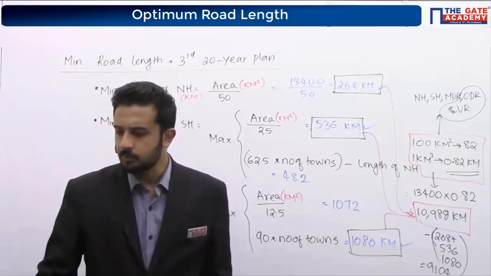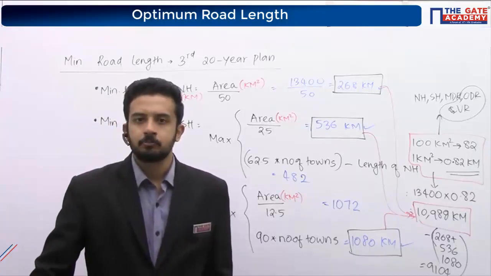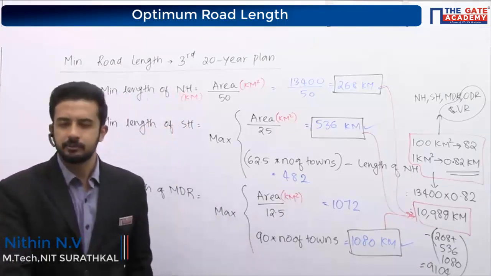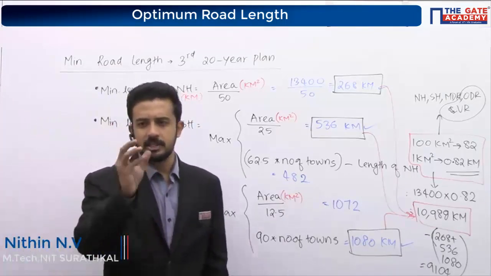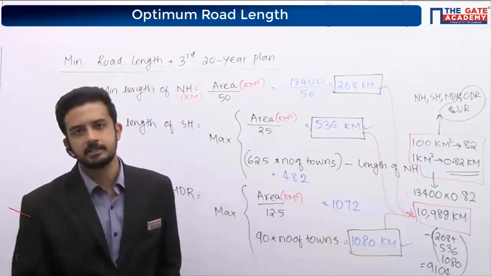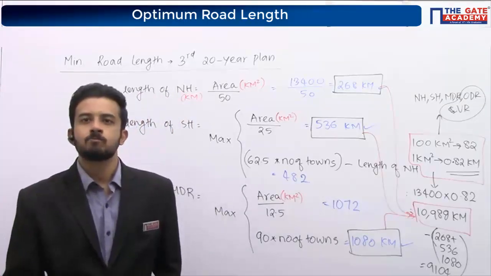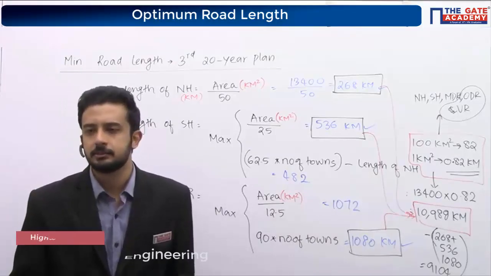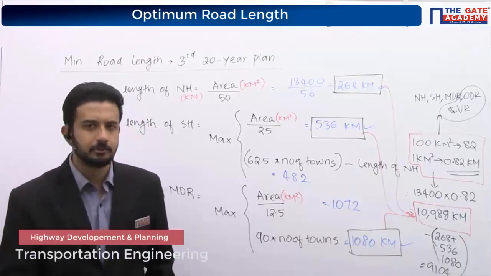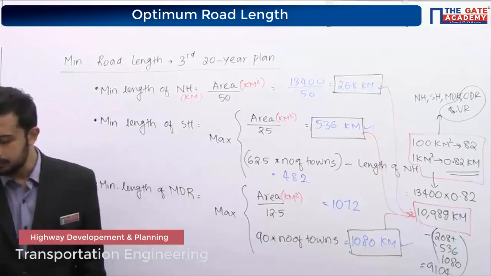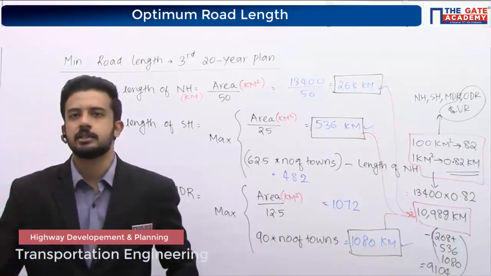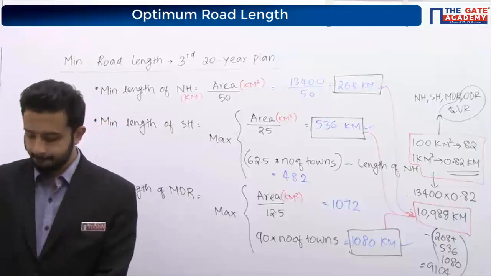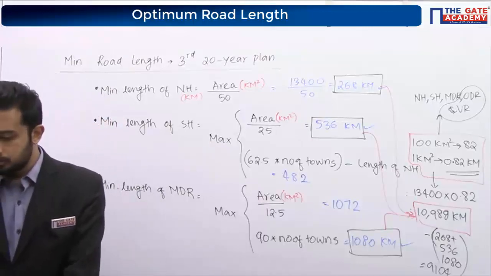If you want to refer to anything for highway engineering, the best book is Khanna & Justo. Refer to the Khanna & Justo textbook. The sentences they have used are very, very simple. For railway and airport, you have to refer to something else. Actually speaking, for railway and airport, we don't have to refer. I will tell you while teaching those things. Khanna & Justo, you can refer. That is the best book for highway engineering.